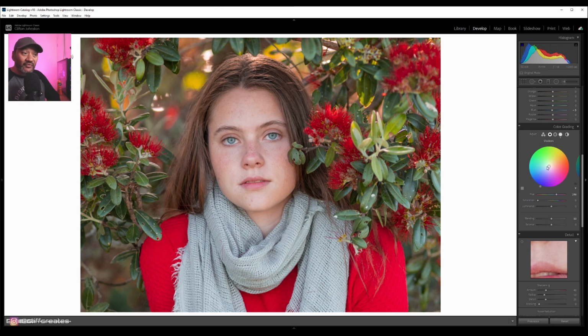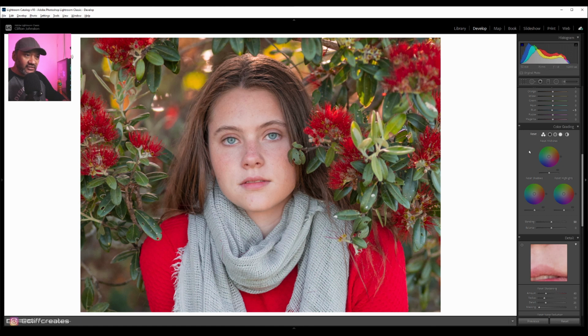This is the other way that you can do it. If you press and hold the Alt button, it allows you to reset either everything, the whole lot, or there was midtones, reset midtones, shadows, and highlights there. Okay,